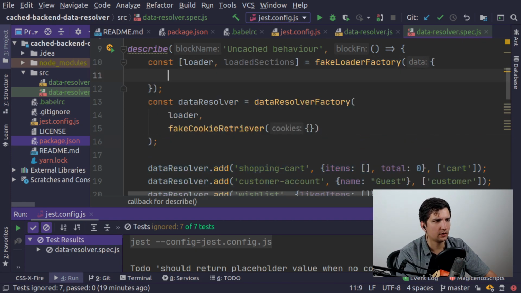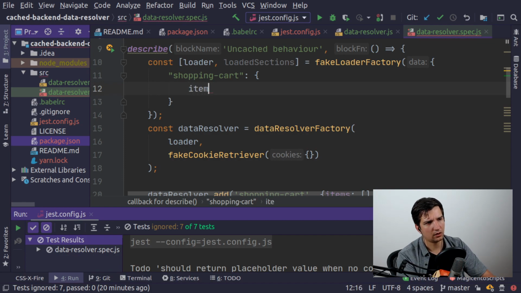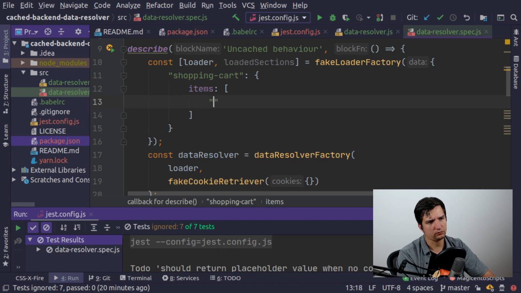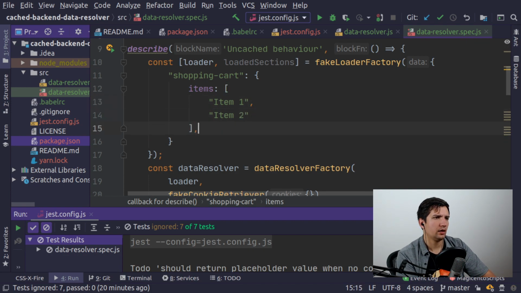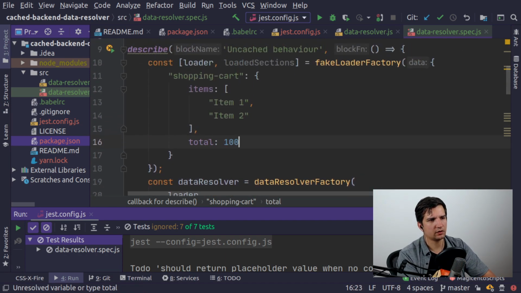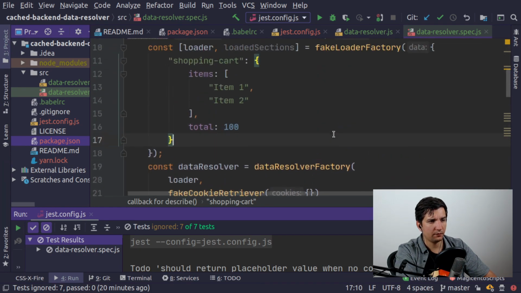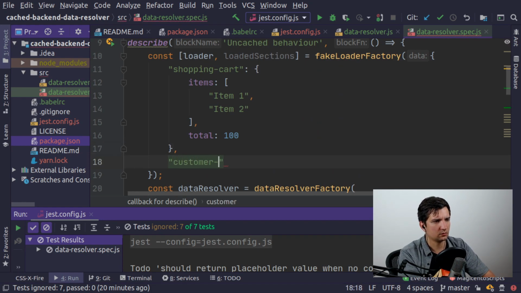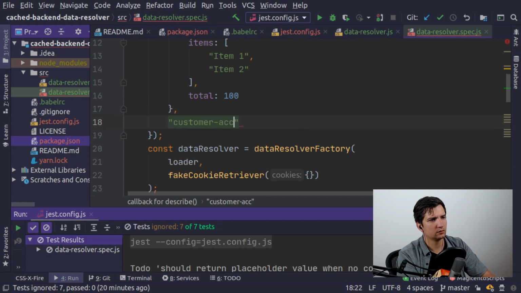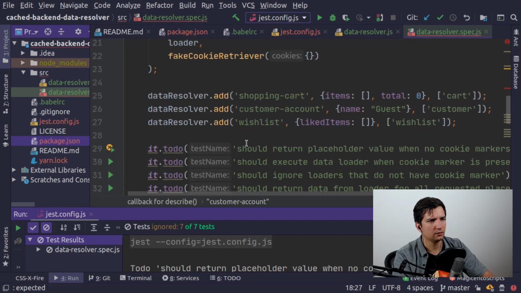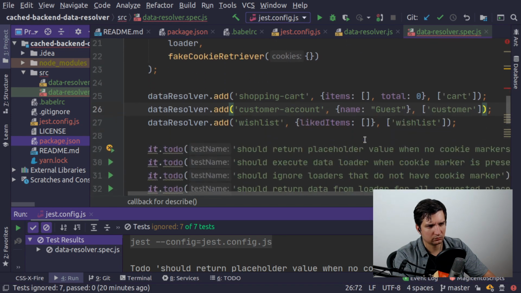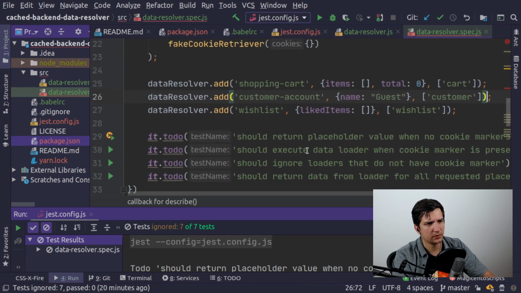Okay, and now let's define the data for our loader. So we'll define for shopping cart some data like items, and inside of an item, let's say we're going to place here item 1 and item 2, and for total we'll, let's say, specify 100. For the customer account section, right? So what we're going to specify here,